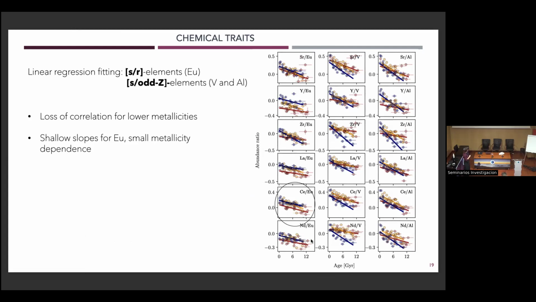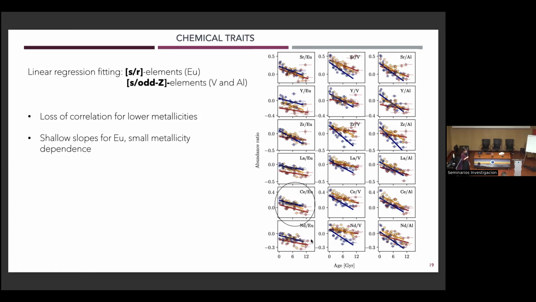And europium, vanadium and aluminium, even if they have more complex production channels, we can think that they are produced more or less like alpha elements, in the sense of coming from massive stars and on a short-term time scale. We see the same behavior as in the previous plot, in the sense that usually the blue line, the solar metallicity bin, shows the stronger dependence with age, even if